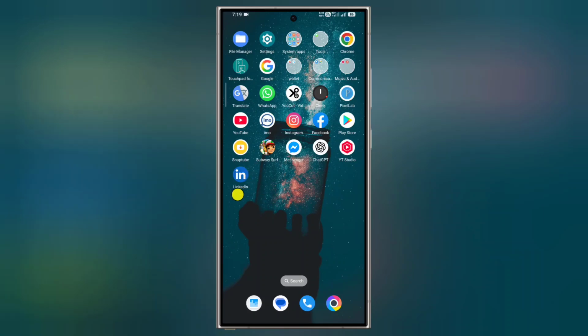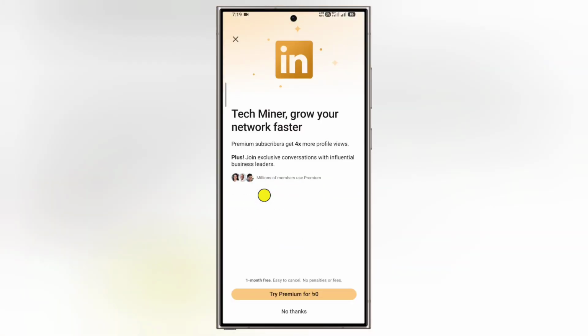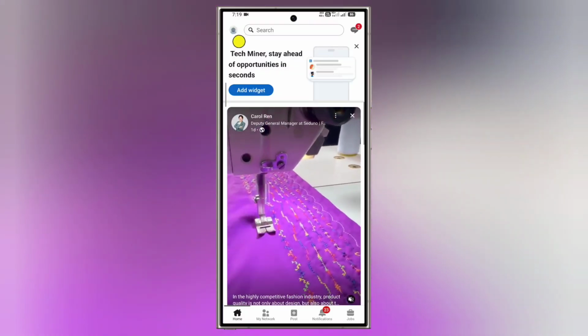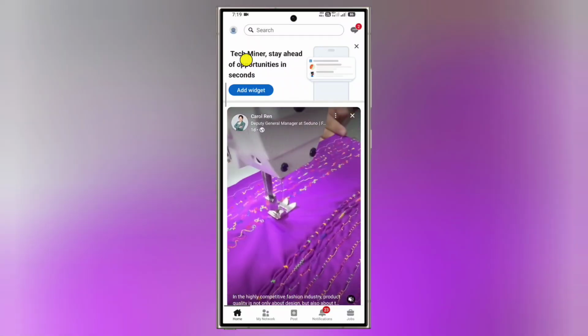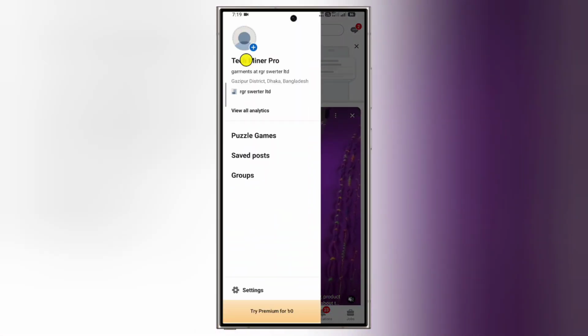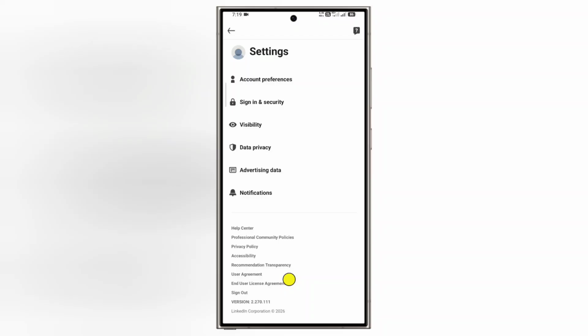First of all, open your LinkedIn app, tap on profile icon in the top left corner, tap on settings, tap on account preference,